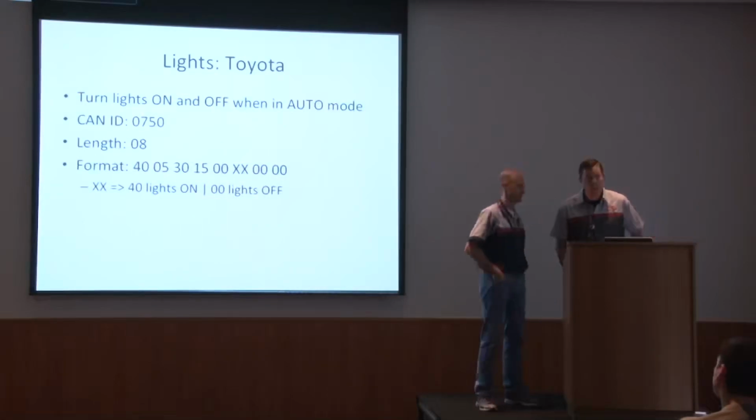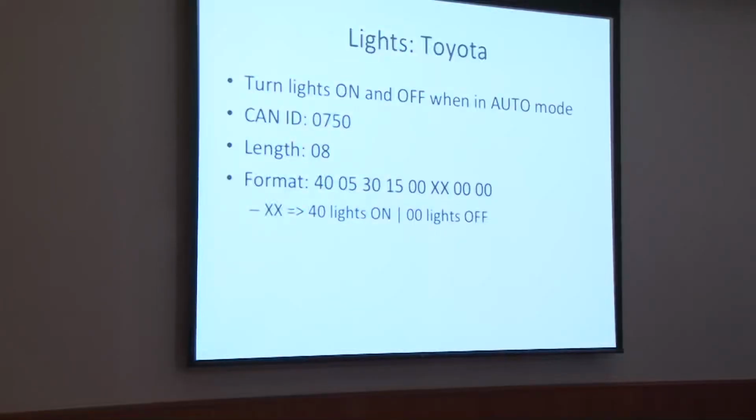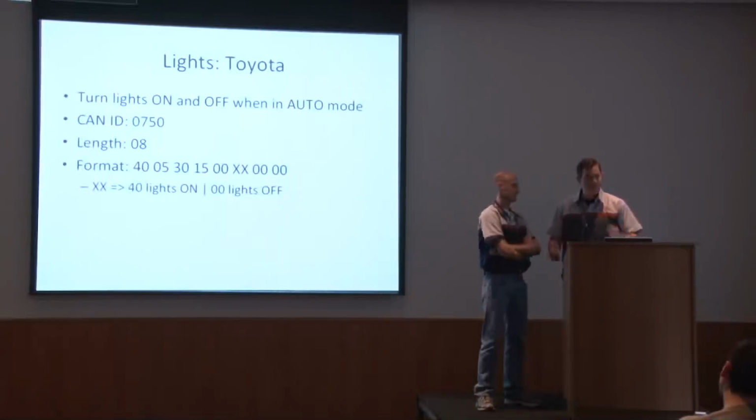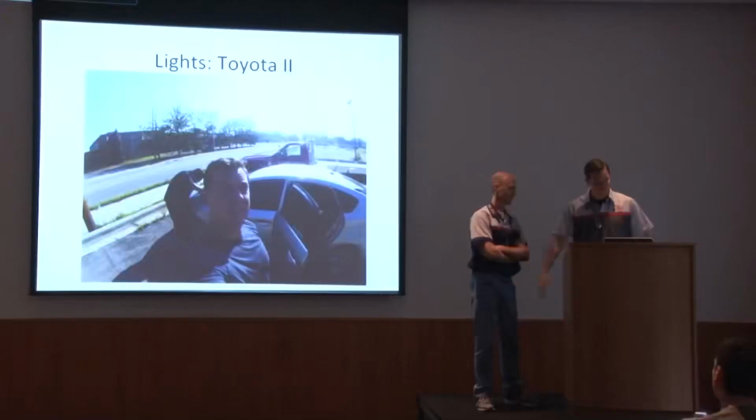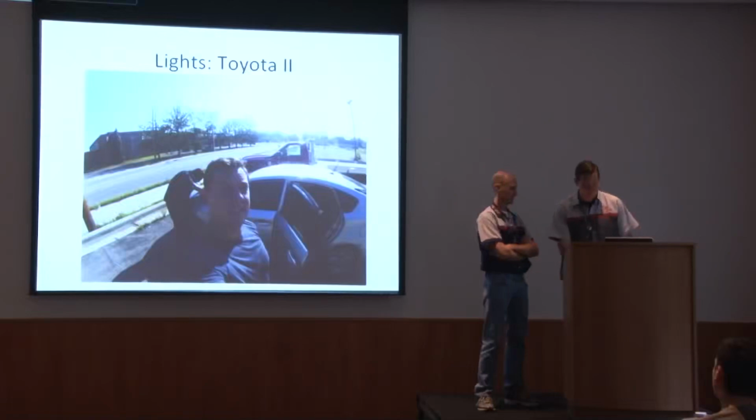We can do things like turn the lights on and off for the Toyota. They usually have to be in the auto state, which I think a lot of people keep it on. So when it gets dark, the lights automatically turn on. You have your daytime running lights. We wanted to do a demo, but unfortunately, I planned to do this demo after we blew up the car. So I never got to do a demo of this, but you can turn the lights on and off in the Prius.